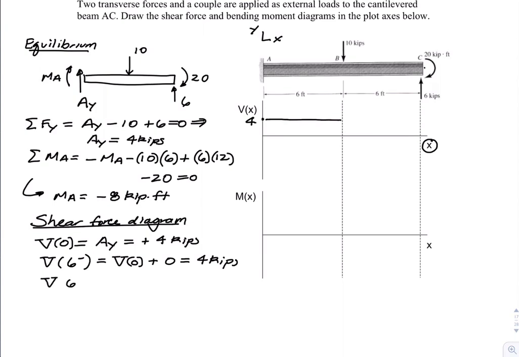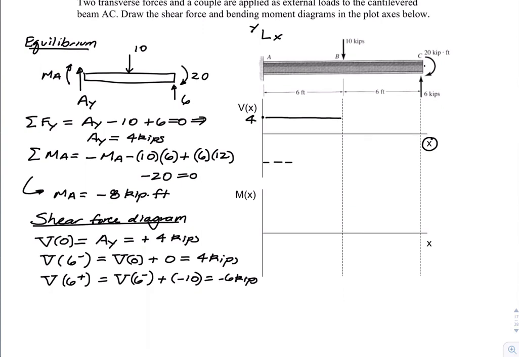As I move across that point load, I know that it's going to be what it is on the left hand side, and keep in mind that I have a 10 kip force pointing down, so we add on our negative 10. Well, the negative 10 is there because keep in mind that our sign convention for external loads is down as a negative. And so any jump that you get is going to be of the same sign as that load. So that's going to give us that minus 10. So in the end, we have minus 6 kips to the right of there. So if I come over here to negative 6,